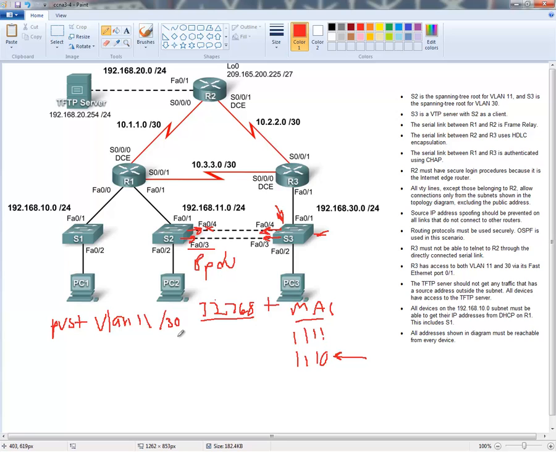I thought spanning tree blocked the lowest or the highest port on the non-root bridge. Well, that's true, it does. Not when you're dealing with per VLAN spanning tree. What ends up happening at that point is you're able to forward across the unused link. Is there going to be an issue with that? Well,